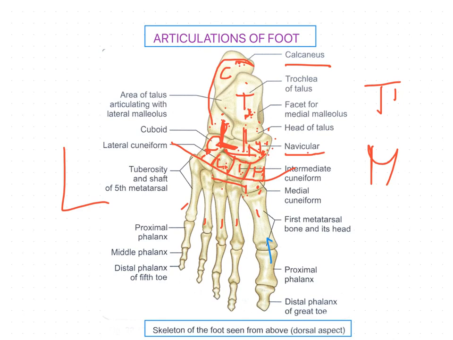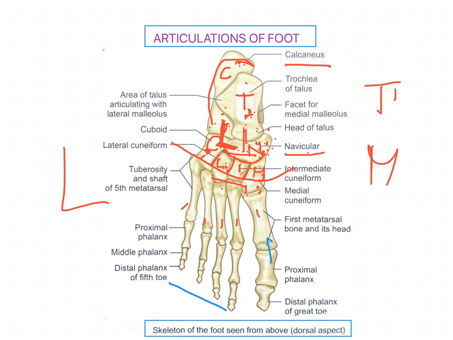Here also the phalanges are the same as in the hand, that is 14 phalanges. The great toe has 2 phalanges, proximal and distal. The remaining 4 toes have 3 phalanges,